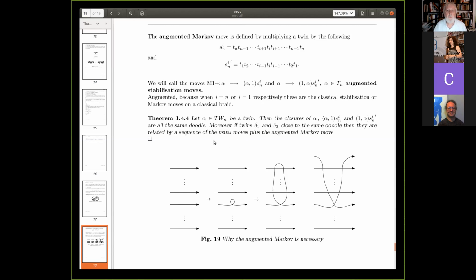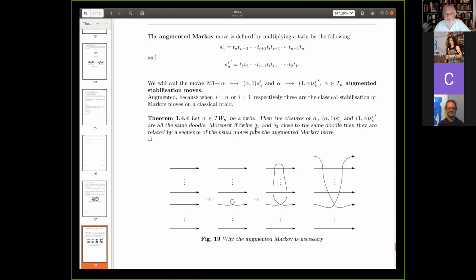Well, think about the problems, okay? First of all, note that if you multiply by one of these, it doesn't change the knot, okay? That's the easy bit. But why do you need it? Well, you see, when you go to the original proof,